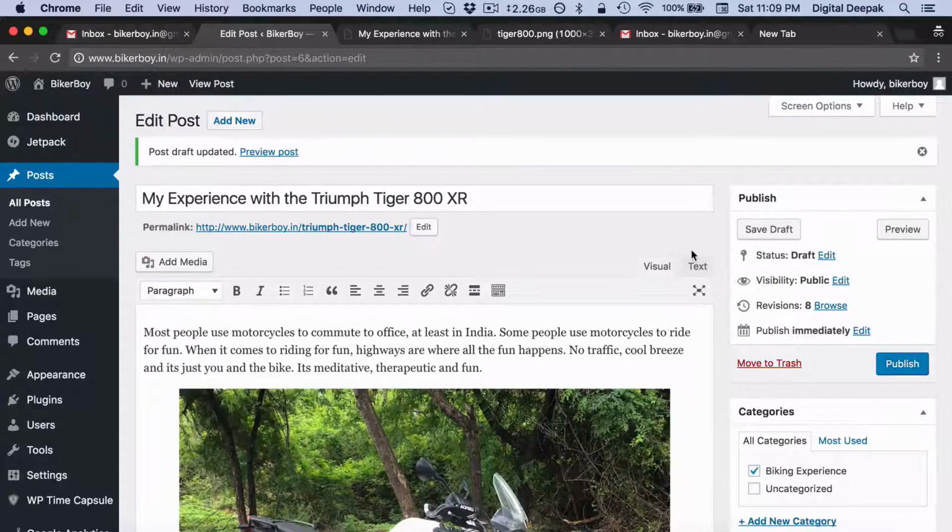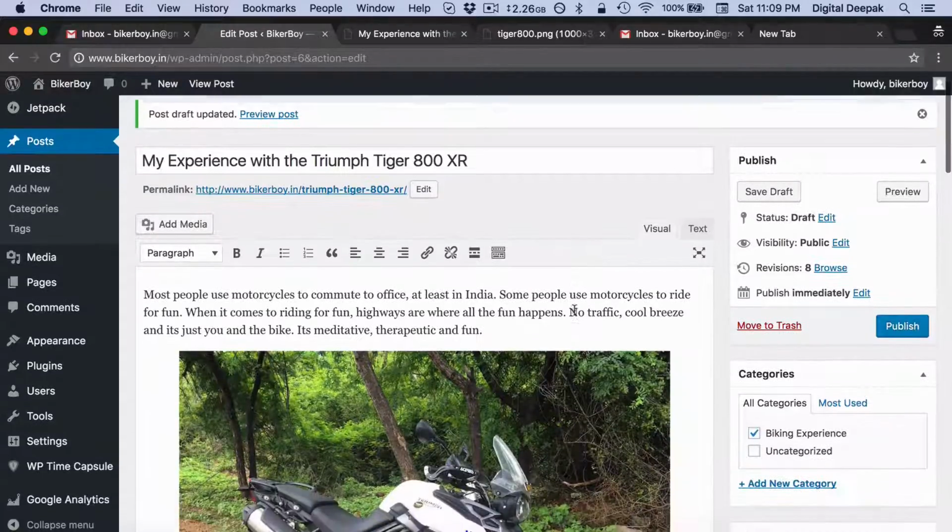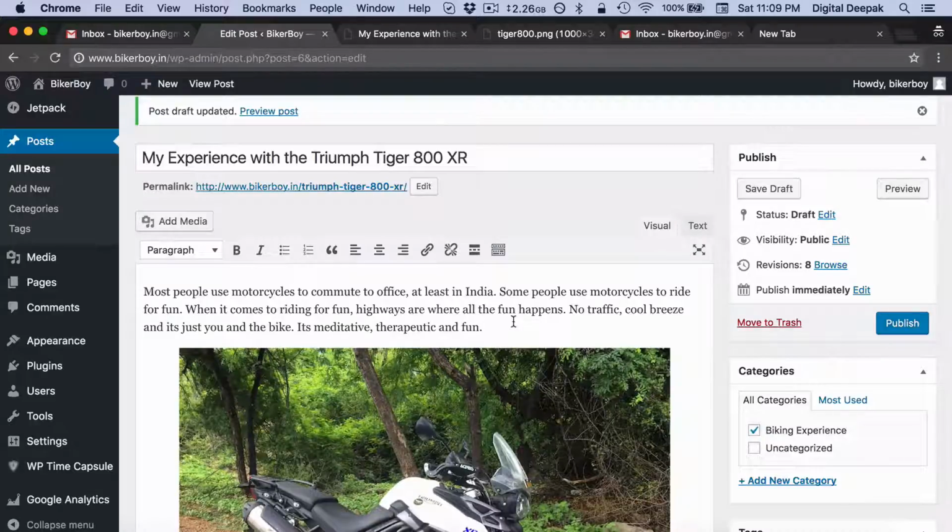Every time you save the post, you can see that the revision number keeps going up here. Do not edit the entire post in the WordPress system always, because every time you save, the revisions keep going up, and if it has too many revisions, then it will consume some server space in itself. So try to keep the revisions to less than maybe 10 or less than maybe 15. Sometimes it's okay to go up to 20 as well.